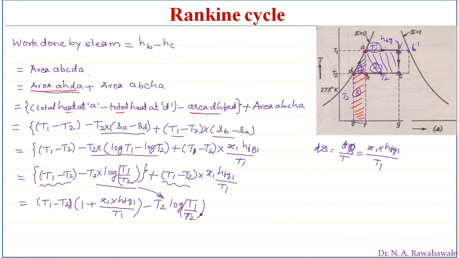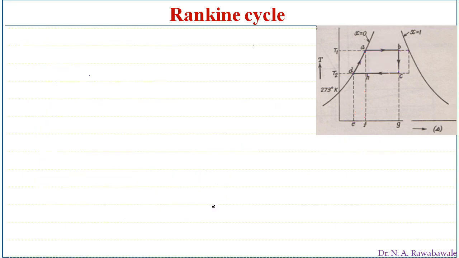So this is nothing but the amount of work done, and we call this equation number 1 in this derivation, which gives us the work done. Now coming to the heat supplied. Heat supplied per kg of steam